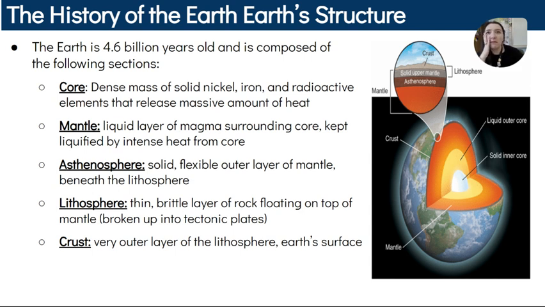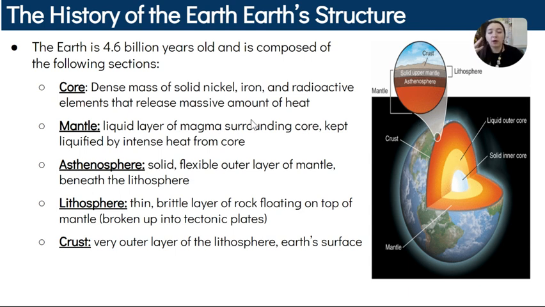So kind of imagine the Earth as physical plates floating on top of a movable liquid surface. So plates floating on water. So the plates would represent the crust and the lithosphere, and then the asthenosphere mantle area would be like the ocean. Okay. So because we do have this liquid layer of the mantle that again is heated by the core,